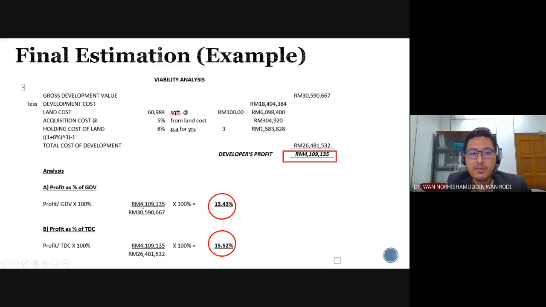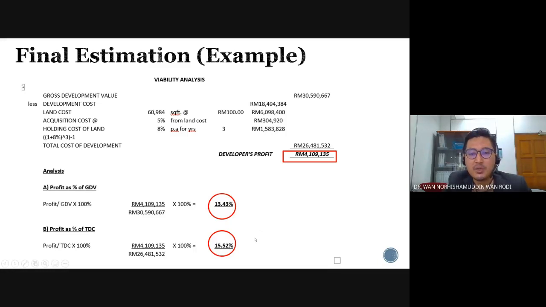For example, for profit as a percentage of GDV, we would compare with 15% to 25% and above. But in this context, you get below the reasonable threshold ratio. And for return on investment, for every $1 spent, you will generate about 15 or 16 cents. So a return on investment of 16%